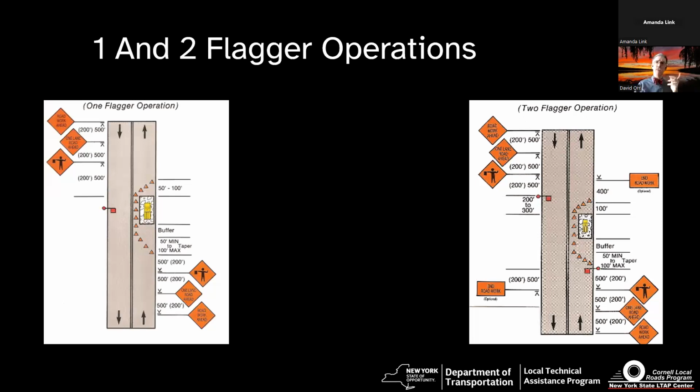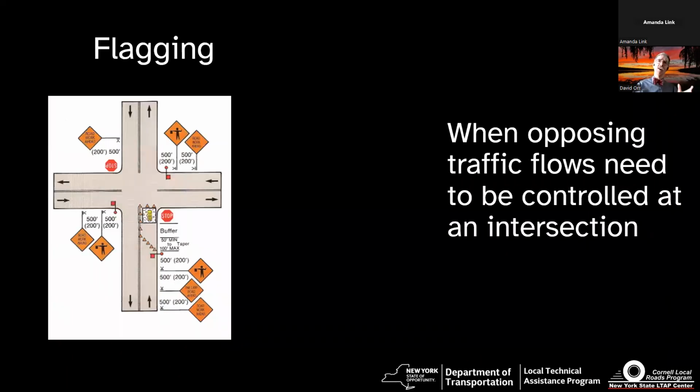Now, most of the time we use a paddle. There are some times when we have to use the old flags, which should actually be red. When you get to an intersection where it can be very hard, the paddles just don't quite give good information to the public. But think about who's in charge, how are you going to control traffic, and how are you going to let traffic through when you get an intersection kind of situation.